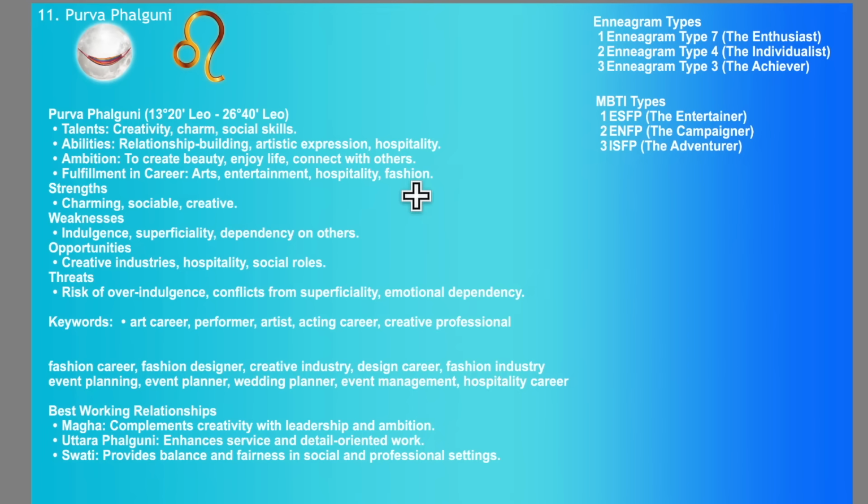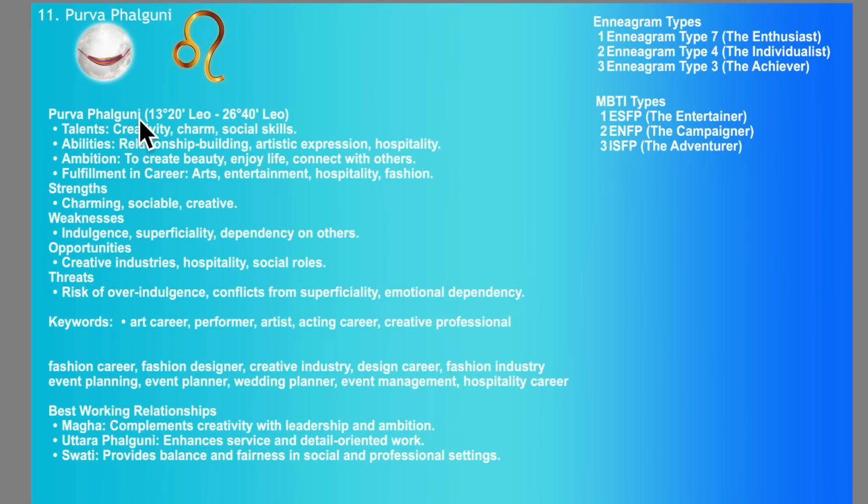So Purva Phalguni has a dominant theme of popular people in the popularity zone, like the film stars, the movie stars, Hollywood, Bollywood, etc., who have fame, who have beauty, who have talent, special creative talents. Okay, they have inherited it from past life. They bring it as a part of their past life gifts, the good part. But they have to learn some life lessons. And in Purva Phalguni, trustworthiness is the best fruit in a relationship. That is the key to understanding Purva Phalguni. Okay, remember that life lesson always. I've covered it in detail in previous ones.